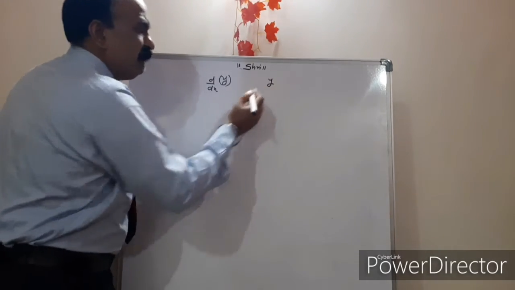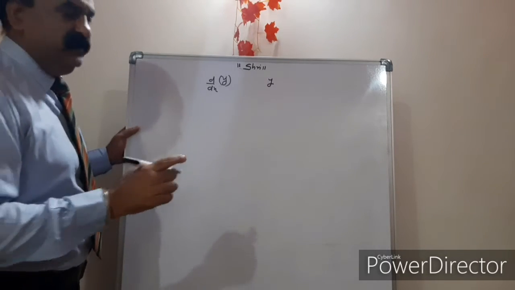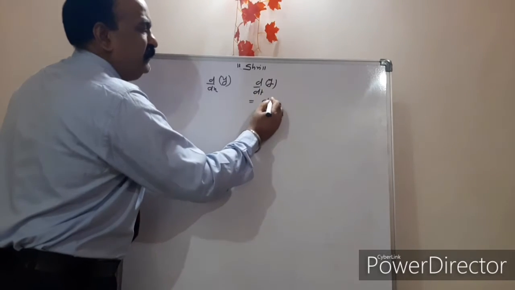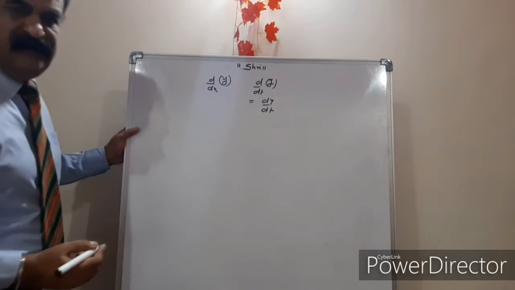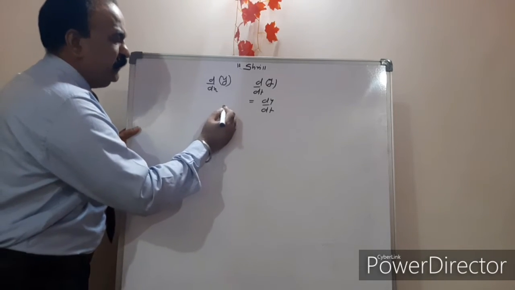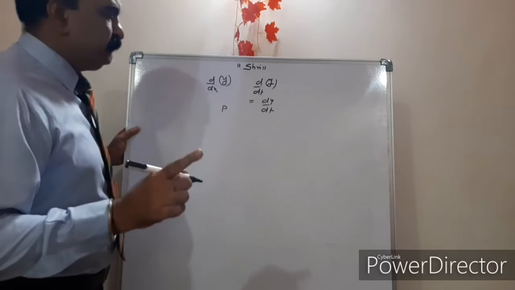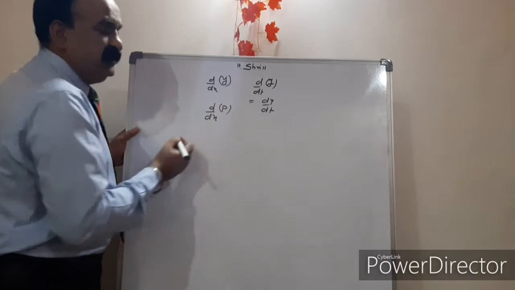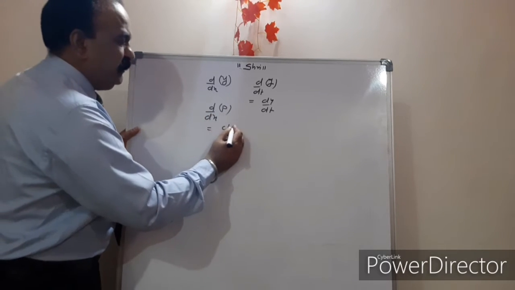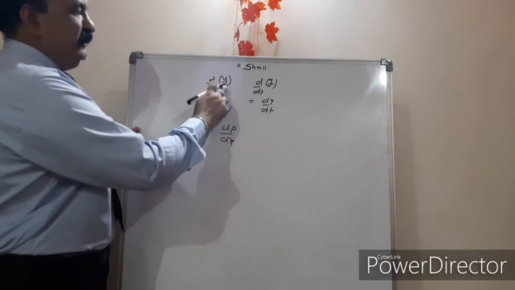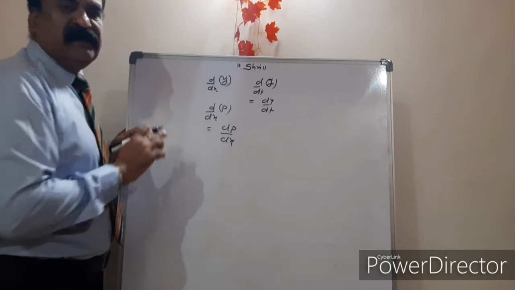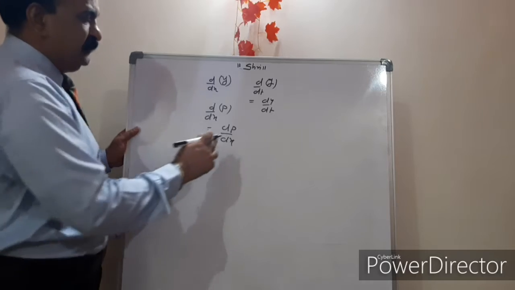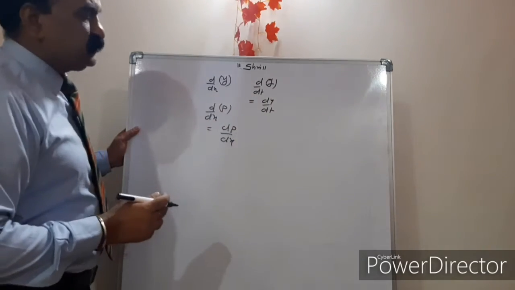Suppose if I am writing here y, and y is changing with respect to t, then you will write d by dt of y. d by dt of y means you will write dy by dt. Suppose if I am writing here p, and if I differentiate with respect to x, then you will write d/dx of p, and d/dx of p means dp by dx. Y is changing with respect to x, it is called dy by dx. P is changing with respect to x, it is called dp by dx. Y is changing with respect to t, it is called dy by dt.